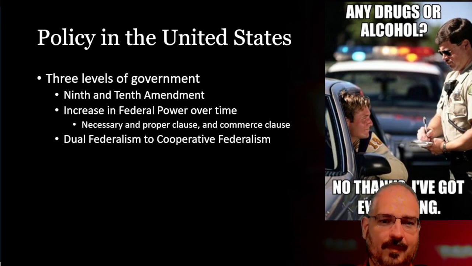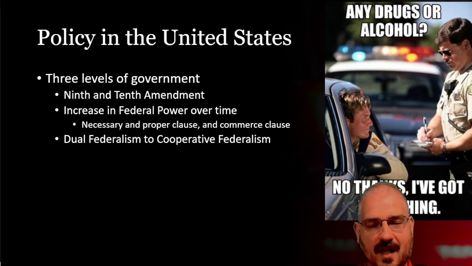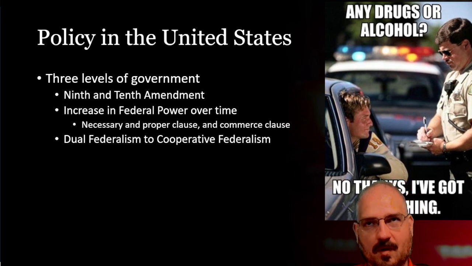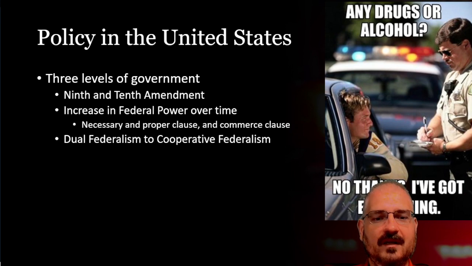And the Necessary and Proper Clause says something along the lines, this is not a direct quote, but something along the lines of Congress shall have the power to pass laws to do all of these things that they deem to be necessary and proper. And that's a little bit vague, right? And the other one is it says that the federal government has the power to regulate interstate commerce. And exactly what qualifies as interstate commerce has gotten broader and broader over the almost 250-year history of the United